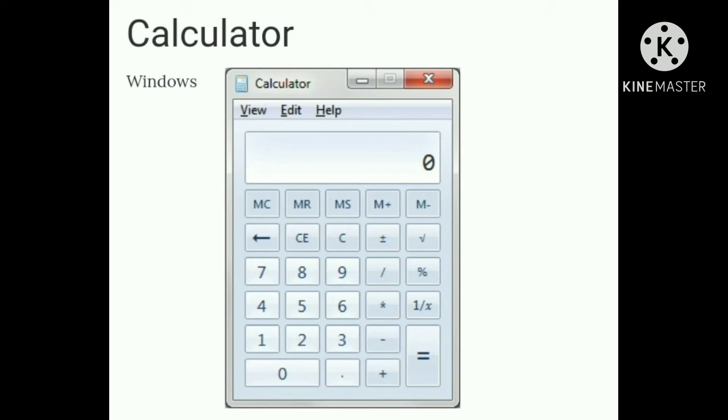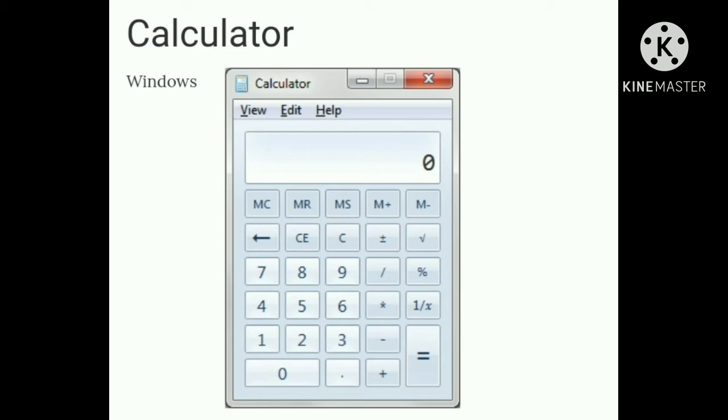Or method 2: alternately, you can open the Run dialog box, type CALC and click Enter.